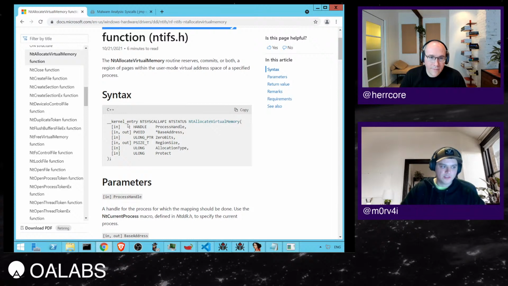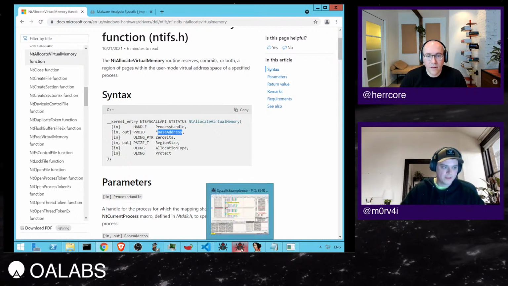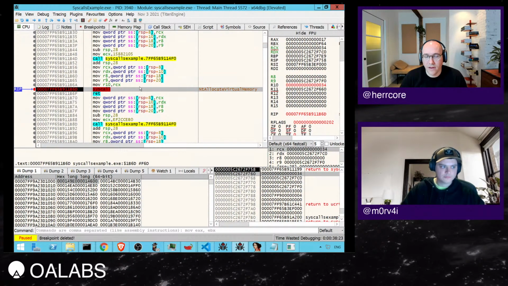So here we can see that it takes a handle to the process and it takes a pointer to a location that's going to receive the base address. So it's an out arg. This is the pointer to a location that, once the memory's been allocated, will be populated with this base address, and then some other stuff like the region size and so on. This is the one that, as analysts, we're going to be really interested in, because this will eventually receive the shellcode, and then we'll be able to dump it or similar if that's something that we're looking to do. Do you want to explain, again, about 64-bit calling conventions